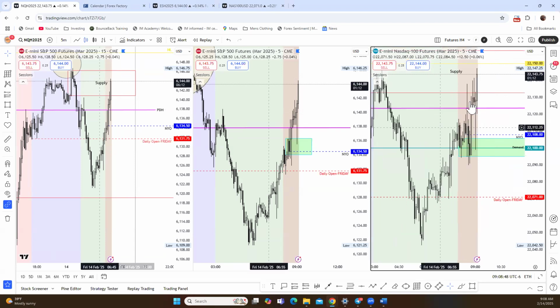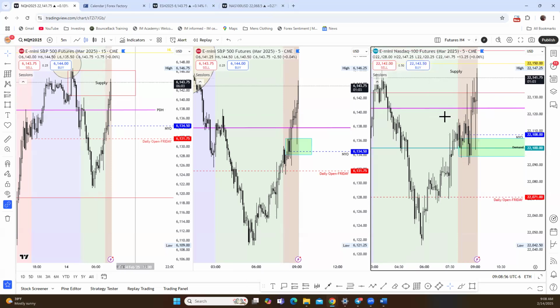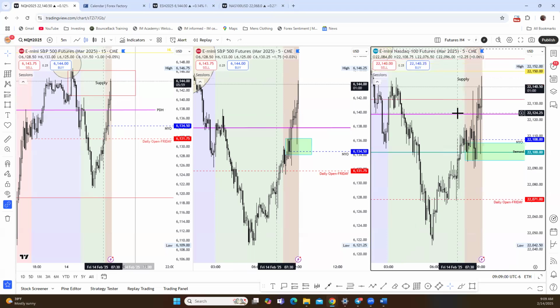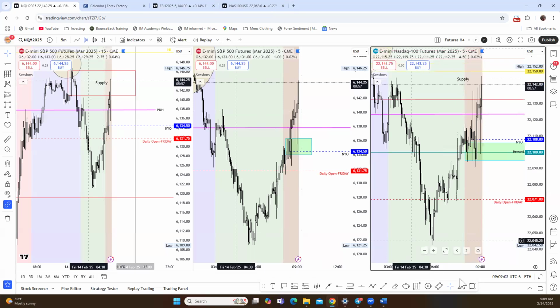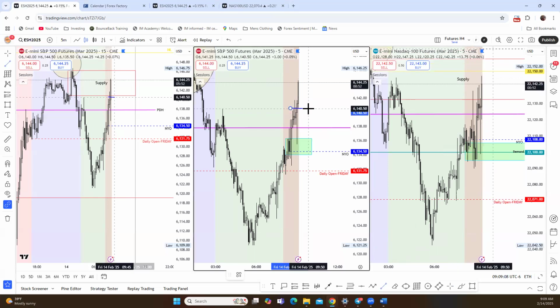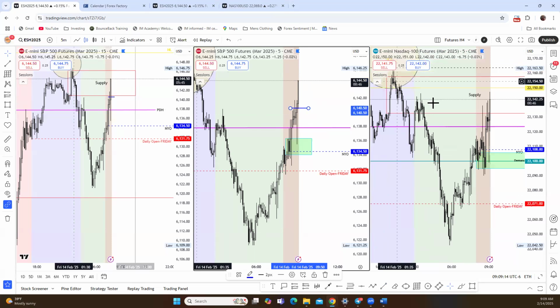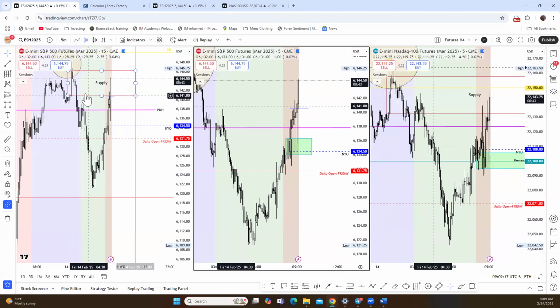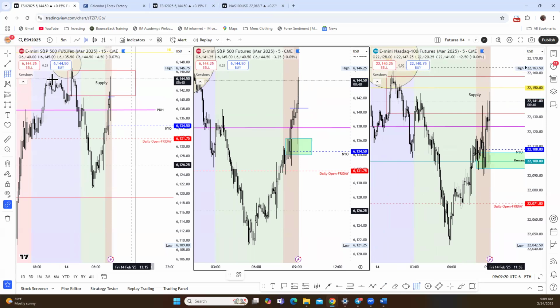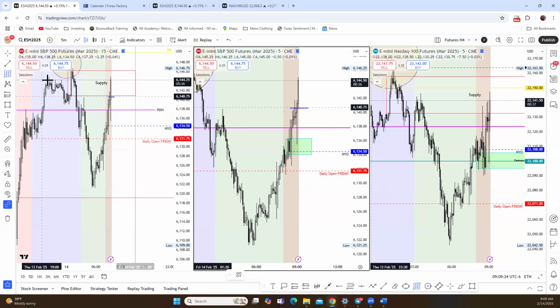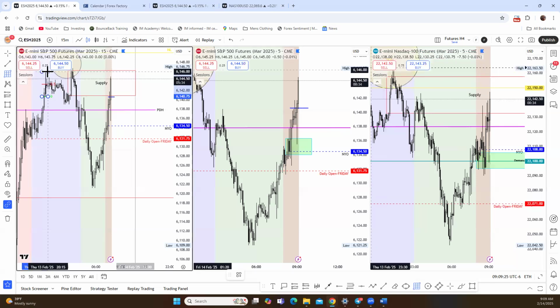Now I want to see continuation on that 5 to push on through. HOD is 22,163. So we're about 20 handles away from the high of day. All right. If you continue to see this type of price action as you're going into it for ES, right here from this 5 minute, that's a good sign as you're pushing up. You want to continue to see that 5 minute there, and you're thinking the same thing when you're looking left on ES's last up candle, where is that 50% area, right? And you want to be protecting or paying yourself as it's reaching into that, okay?